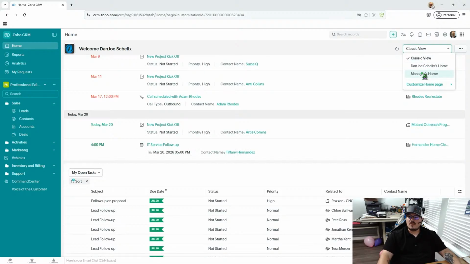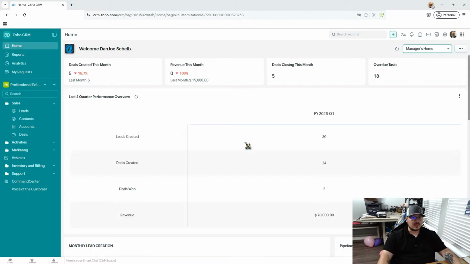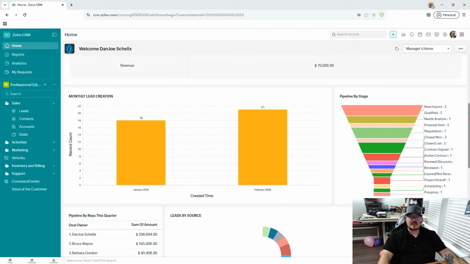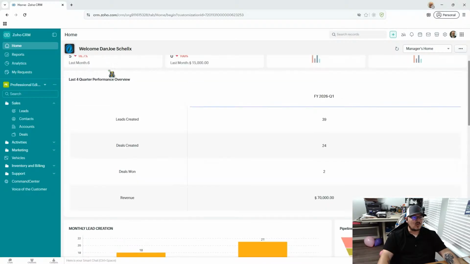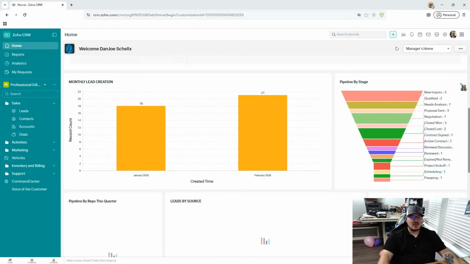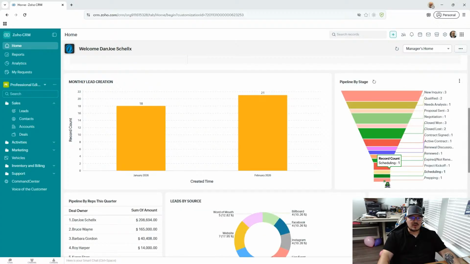Same thing with if you need more of a managerial view, like you need more of a view that is more org, right? Viewing everybody's data, things like that, where everything is at in your entire organization. So there's more of a manager view. I can see the quarter performances. I can see a lot more robust of a stage by pipeline. So these are all of my pipelines it's showing here, because you can have different pipelines with its own set of stages, and I'll show you that later as well. But